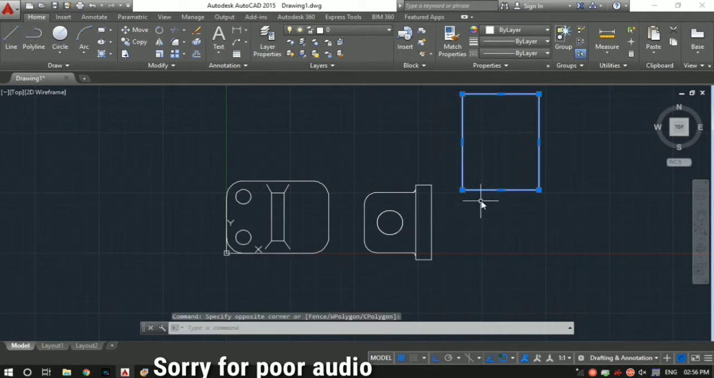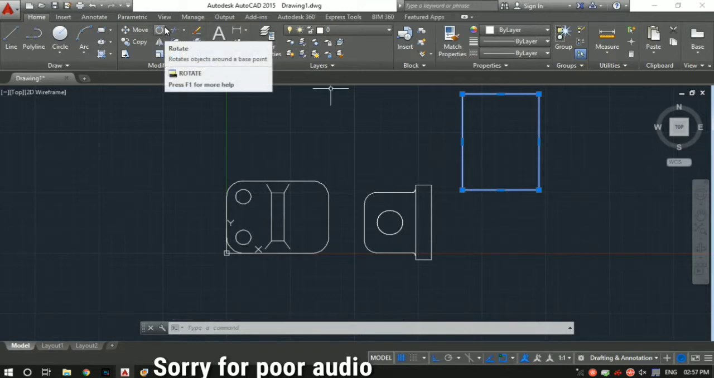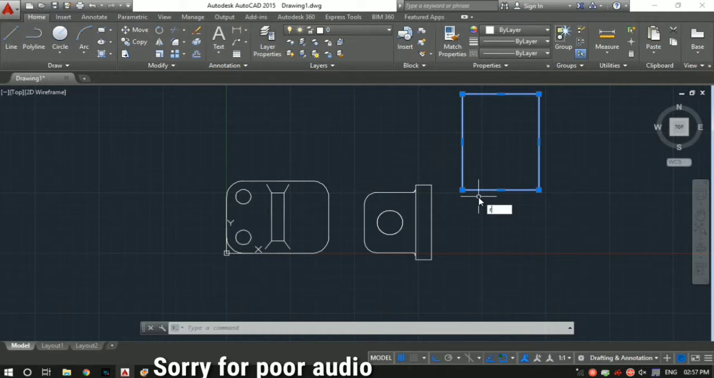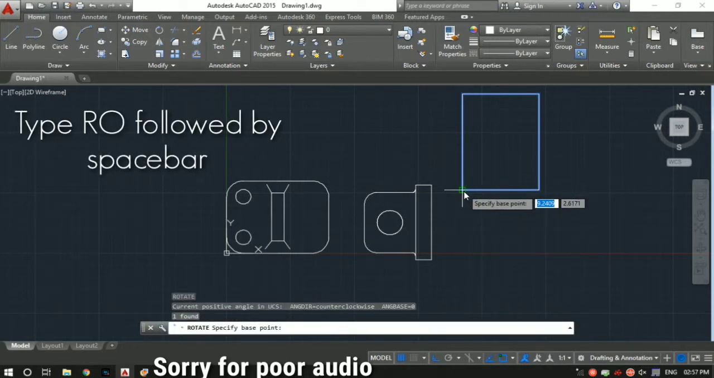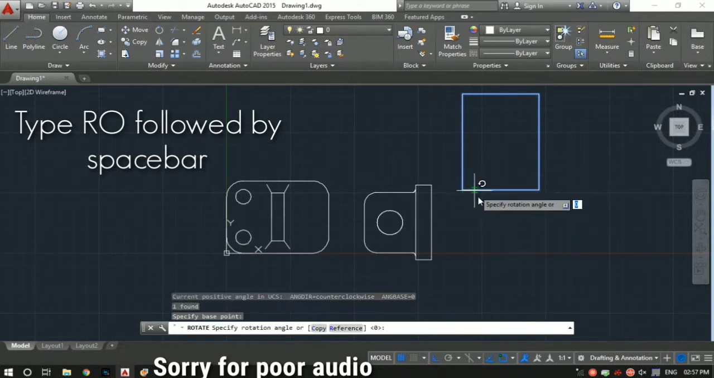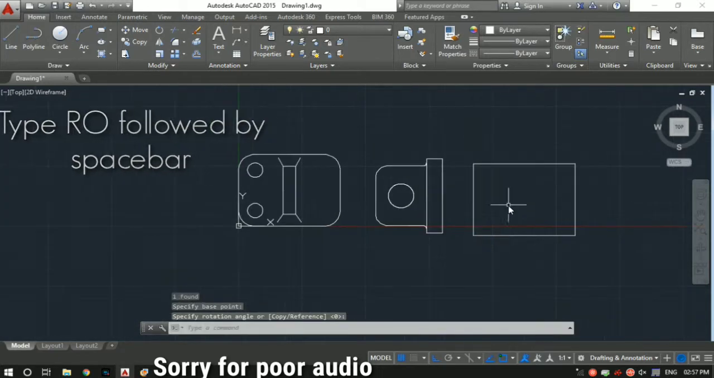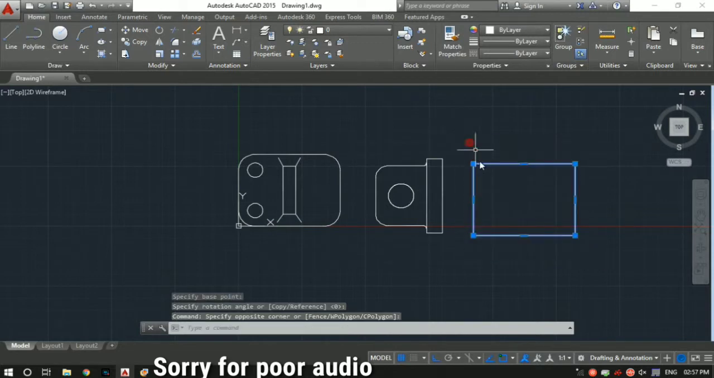So I can rotate it, just select it, and you can use the rotate command from here, this circle with an arrow, or you just type RO followed by space bar. Then you've got to select the base point about which you want to rotate. In our case, I think this is the base point. Then just specify the angle, let's say 90 degrees, 180, 270, whatever you want, 90 degrees. Just click on it. So, yeah, and you can move it